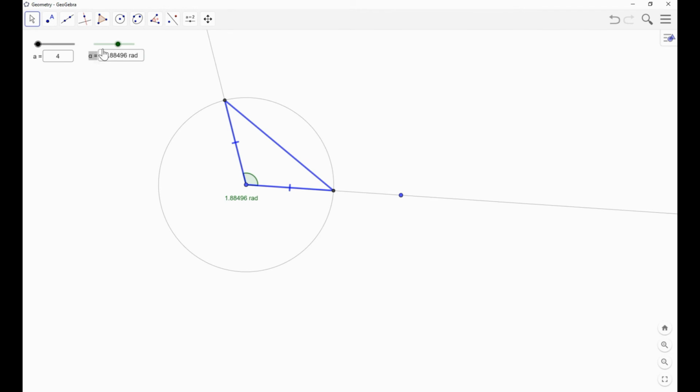That's not pi over 6. Let's try that again. There we go. That's pi over 6 radians. And so there we get that. And again, I can